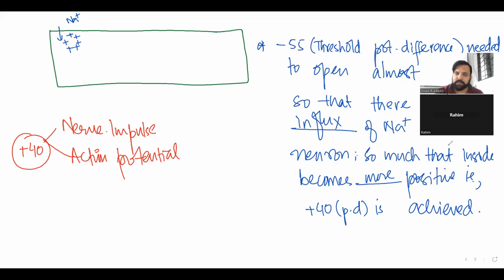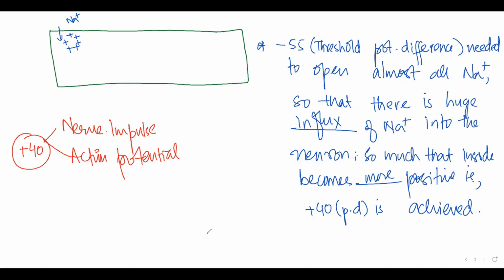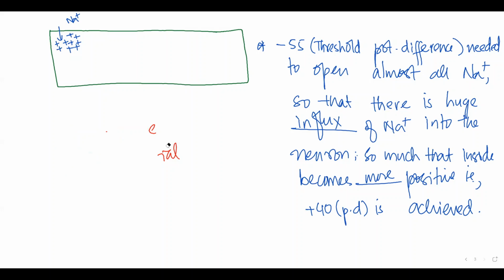ठीक है, अब वो कैसे ट्रांसमिट होता है वो हम आगे पढ़ेंगे। I hope अभी तक की बात समझ आ रही है। जो हमने पढ़ा वो यहाँ पे देखते हैं कि बेटा सोडियम आयंस rush in, inside gets positive, more sodium ions come in, more come in, so much so that inside gets largely positive ion charge. So the potential difference is +40. Got it? अब बेटा उसके बाद क्या होता है, ये हमारा अगला टॉपिक है और उसका नाम क्या है? ट्रांसमिशन ऑफ नर्व इम्पल्स।